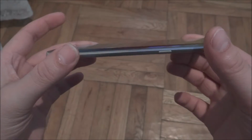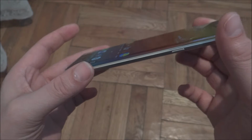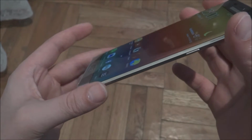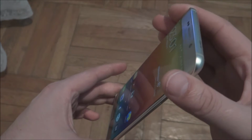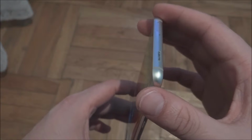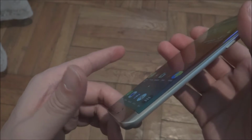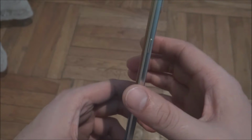Design wise, this has to be the most beautiful and the sexiest smartphone that I've ever owned, that I ever held in my hands. But having said this, it's also its major flaw, if you ask me, if you want my honest opinion. Though it's beautiful to look, beautiful to hold in the hand,